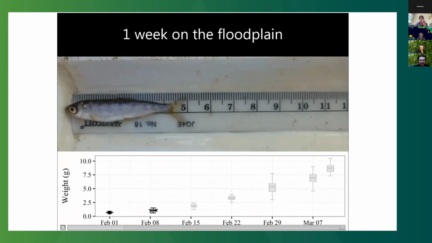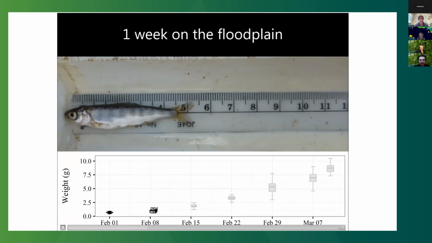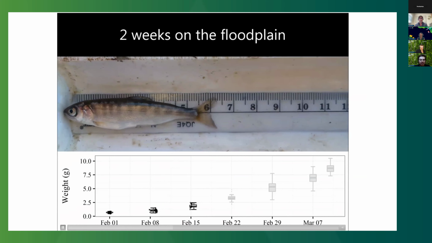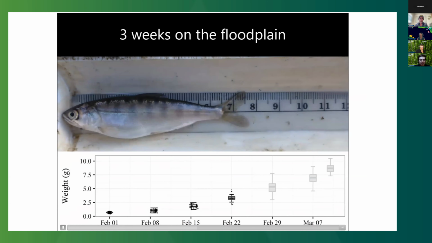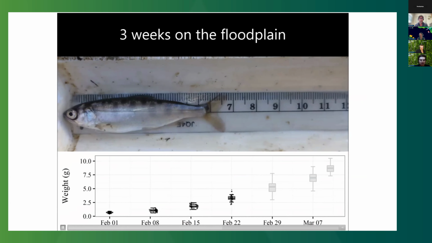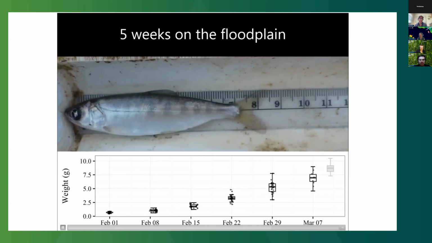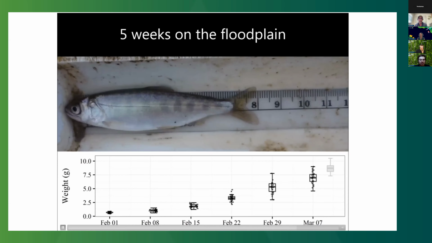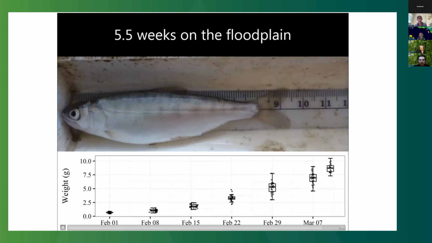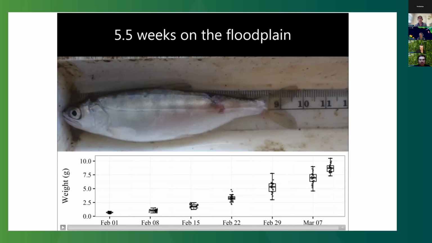Success. So what you're looking at is just a juvenile salmon allowed. This is actually pictures of 10 different juvenile salmon allowed to rear in a flooded rice field during winter. And what you see is that these fish not only survive, but they thrive. They're doubling their mass every week. And the difference between this fish and the one you saw 5 weeks earlier there is the difference between life and death, literally.